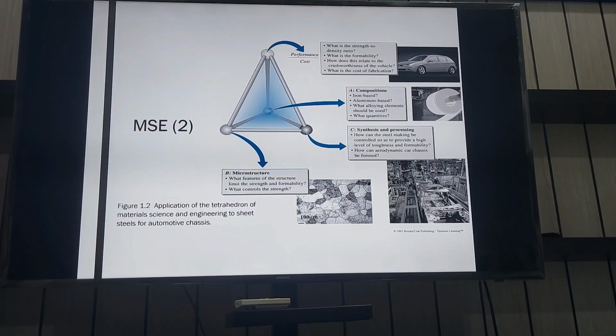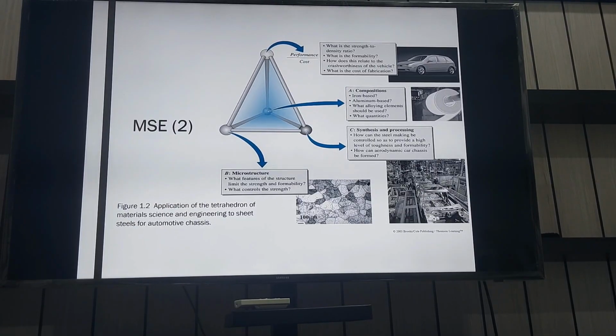But if the structure is corroded, another particle will replace the iron material. So it became from pure, and pure means the material is perfect, 100% perfect material, to